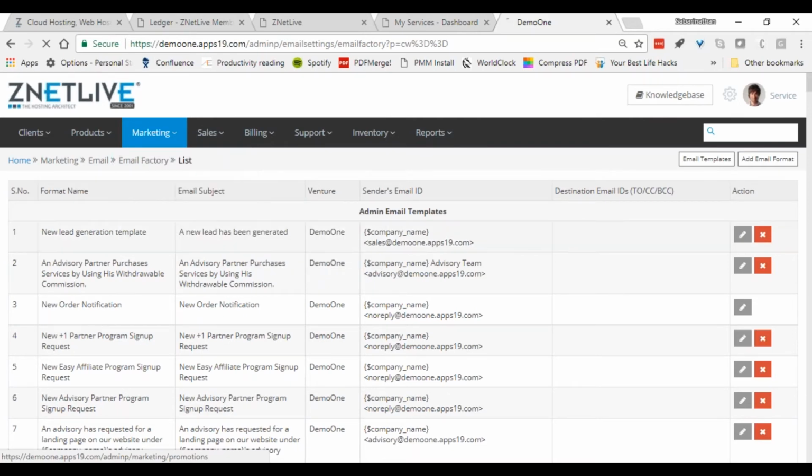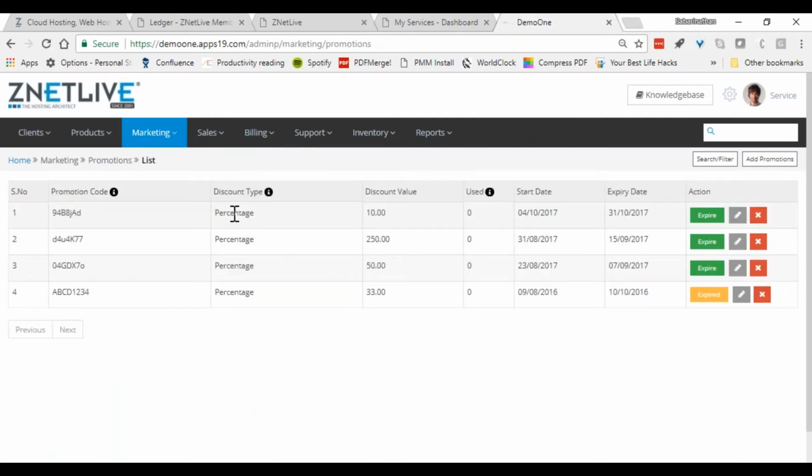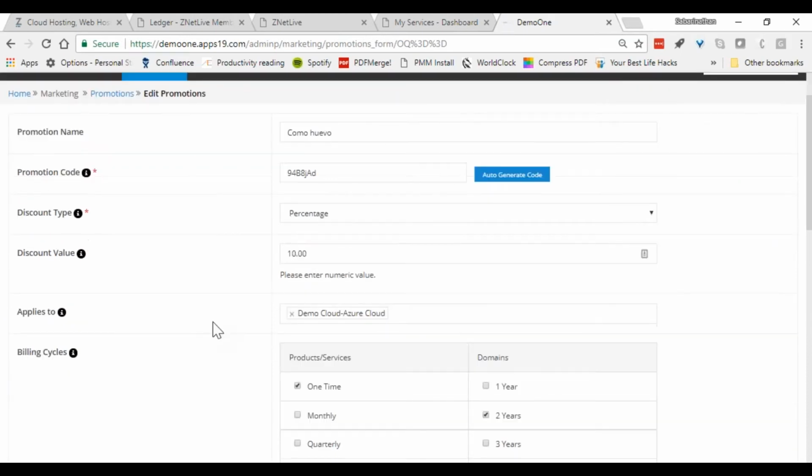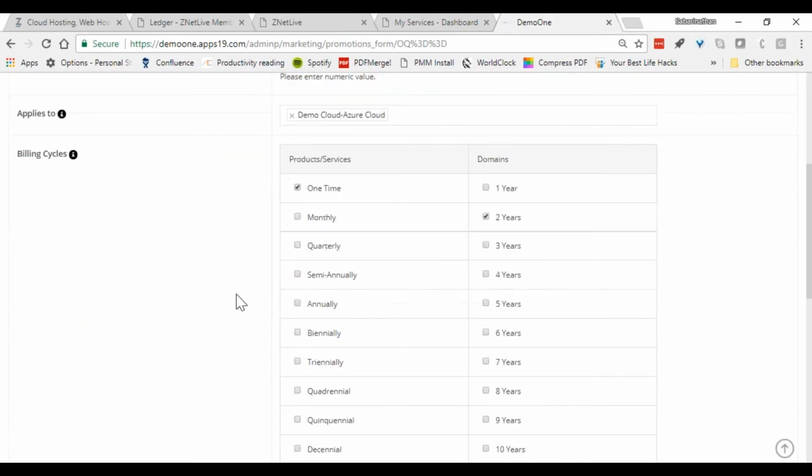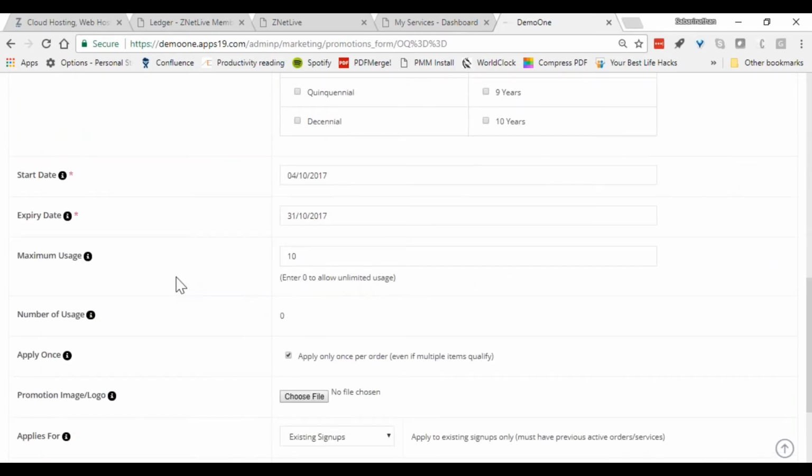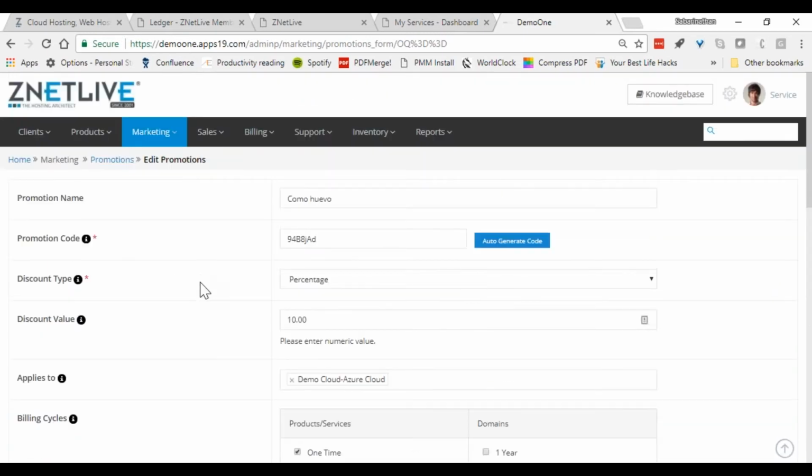Promotions, RackNap can help you with a number of promotions which you can create on the platform. When customers use this promotion code, for example, they get particular discounts for that particular product. So when customers are buying Azure, they get a 10% discount if they're buying in a one-time option, etc. So RackNap has a whole ton of features available.